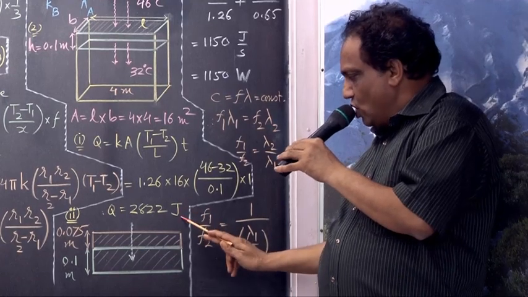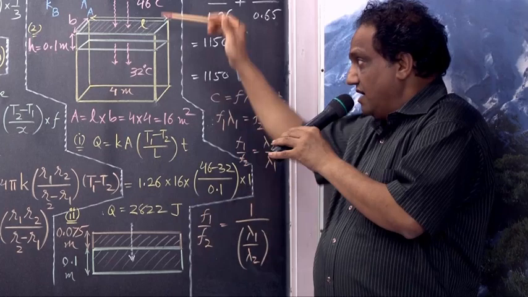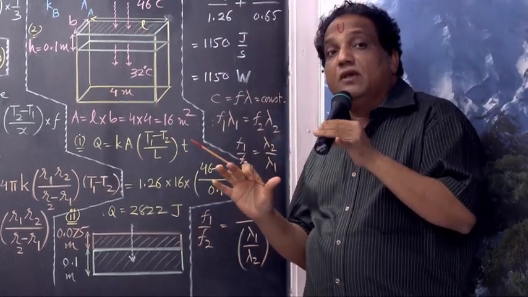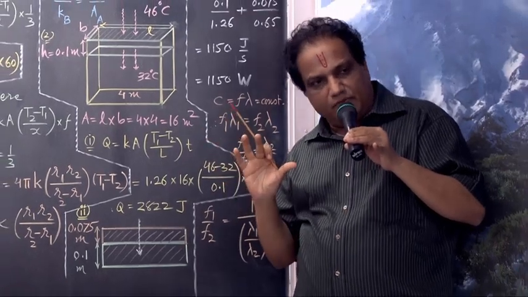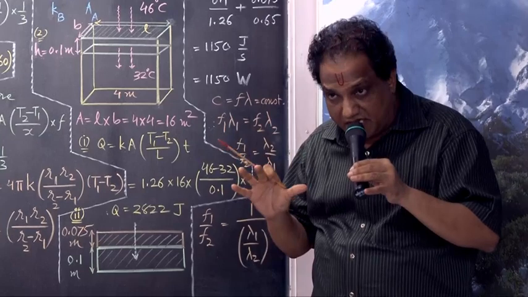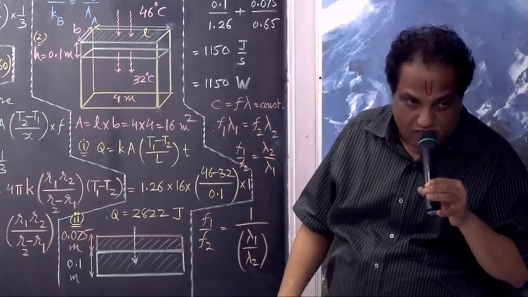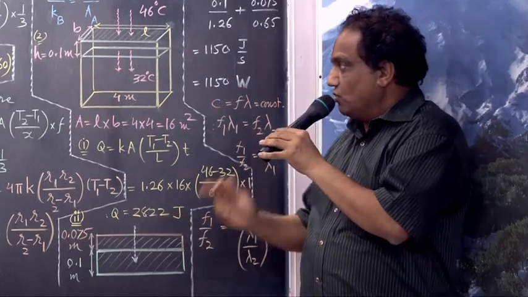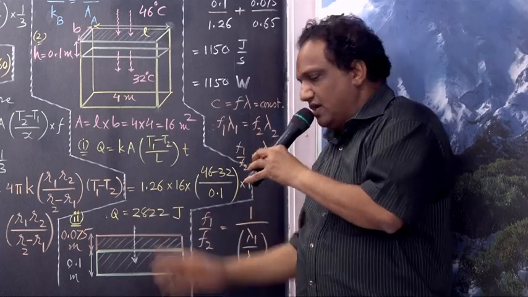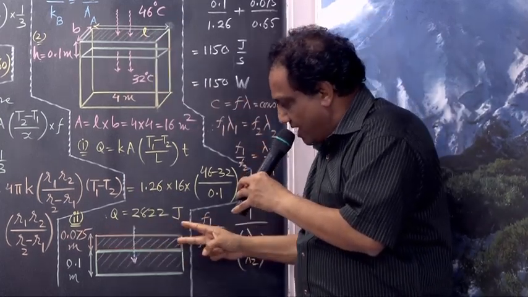2822 joule. If this many joule are entering the room in 1 second, then inside the room the temperature would be higher and it will be unbearable. It will be a very hot condition inside. We would like to reduce that heat flow. For reducing the heat flow, we just apply another layer of bricks over the ceiling.